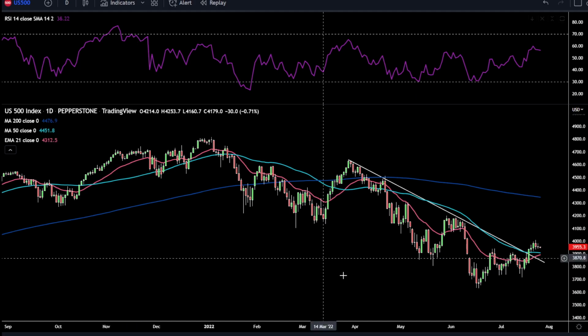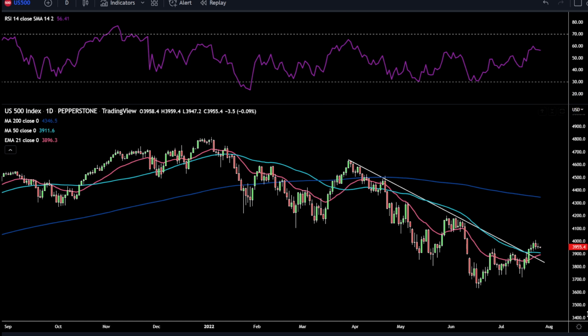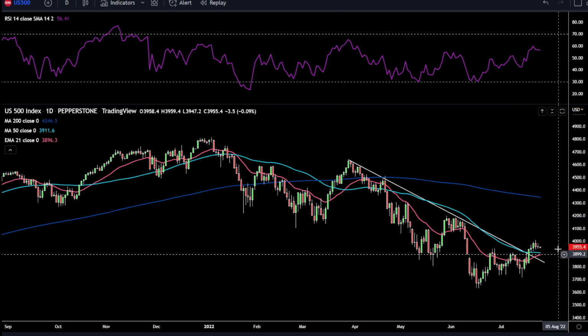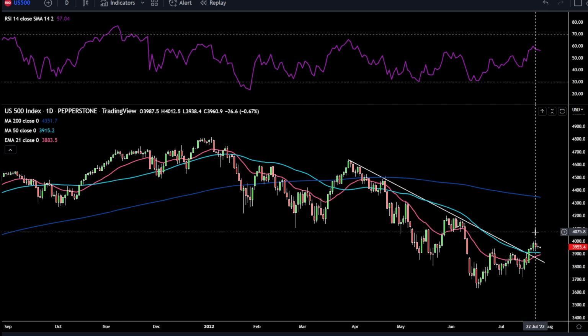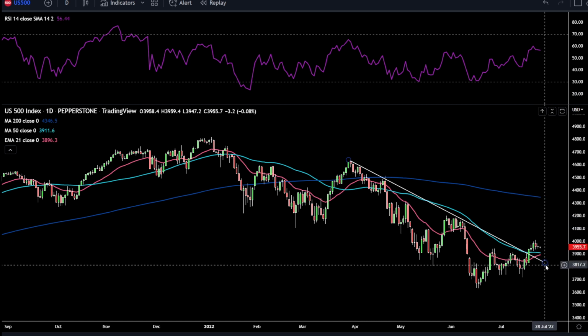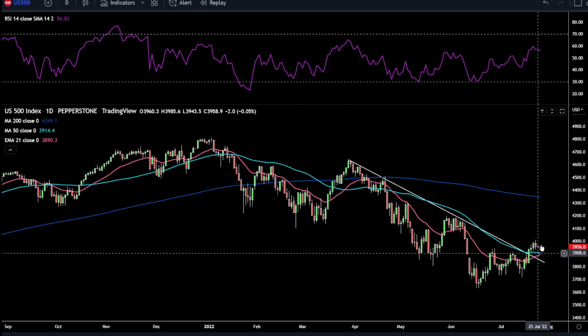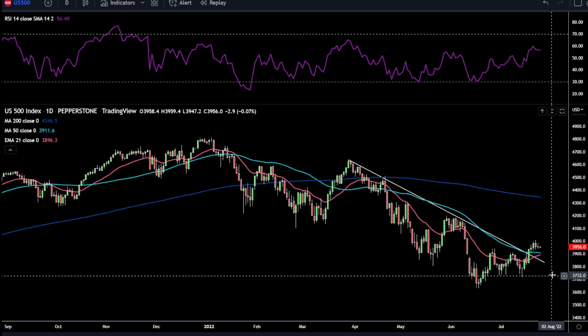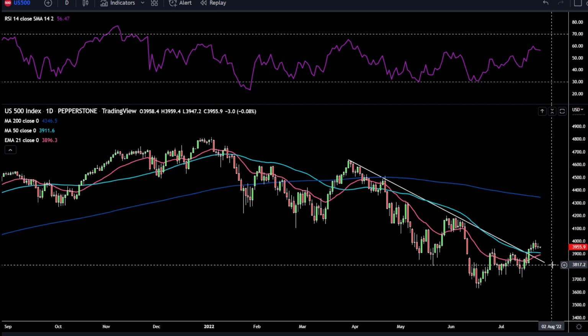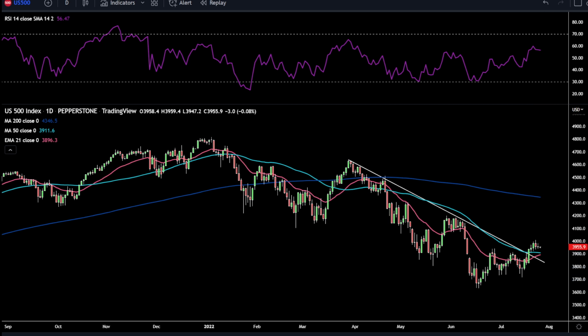Let's move on to the US 500. So we broke out of that downtrend line. We're above the 50-day simple moving average, but we're kind of struggling to get above this 4K level here. Again, FOMC, depending on how hawkish it is, it's going to either hit risk or it's going to be a boost for risk. We could see another break below here, testing these 3-8 levels around there. RSI 56, so it's above 50. The bias is still towards an uptrend sort of taking place, but we'll have to see what that FOMC meeting